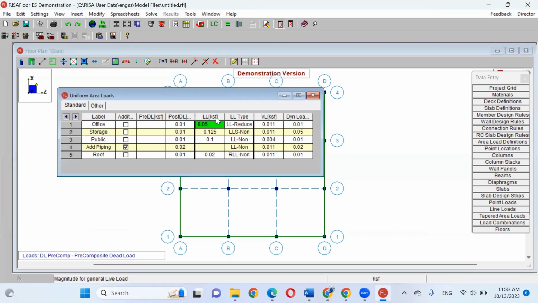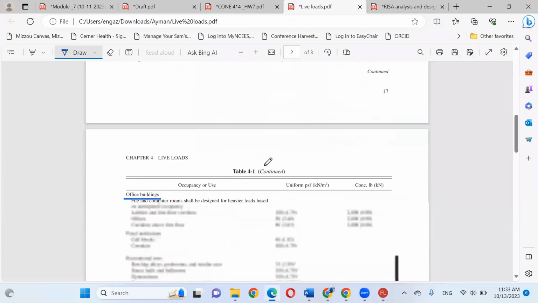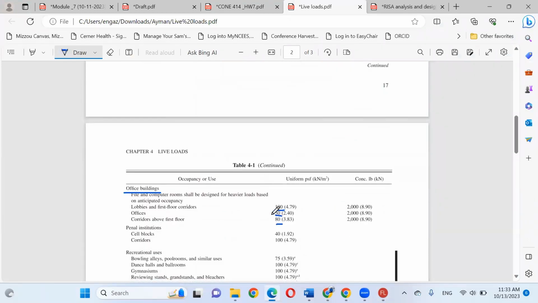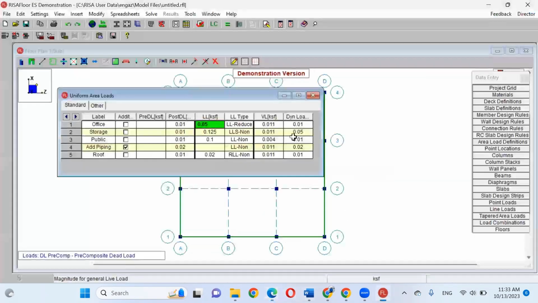KSF means kips per square foot. It's 50. You can adjust it, by the way. If your office building based on this table is not 50, it's 100, you can go back to RISA and change this value to be 0.1. That's fine, no problem. You can adjust anything. That makes sense, but I will leave everything.